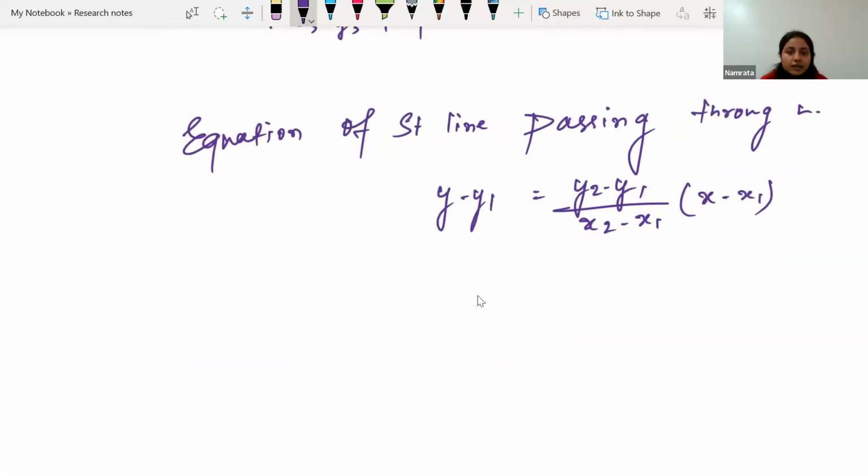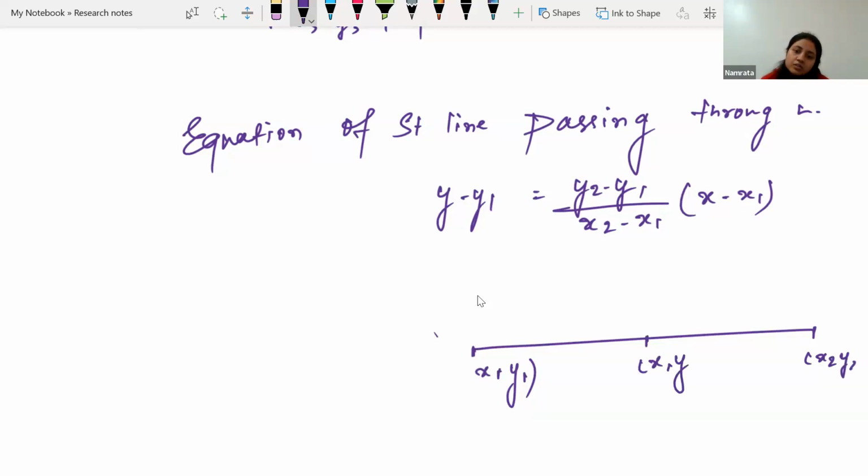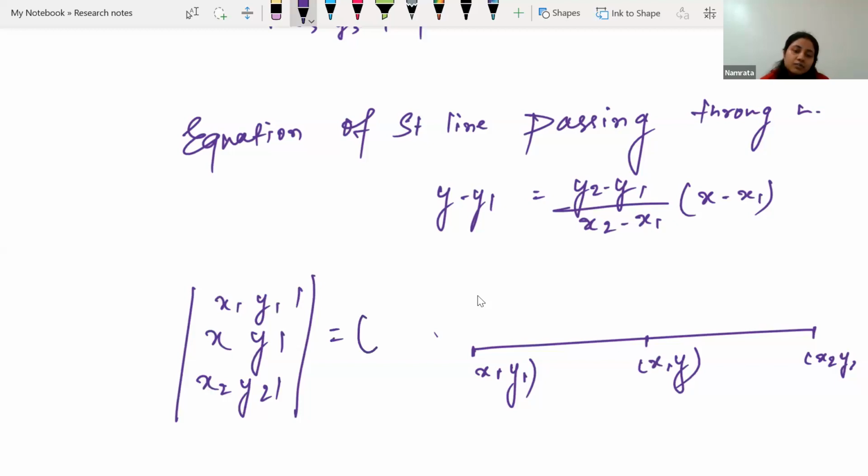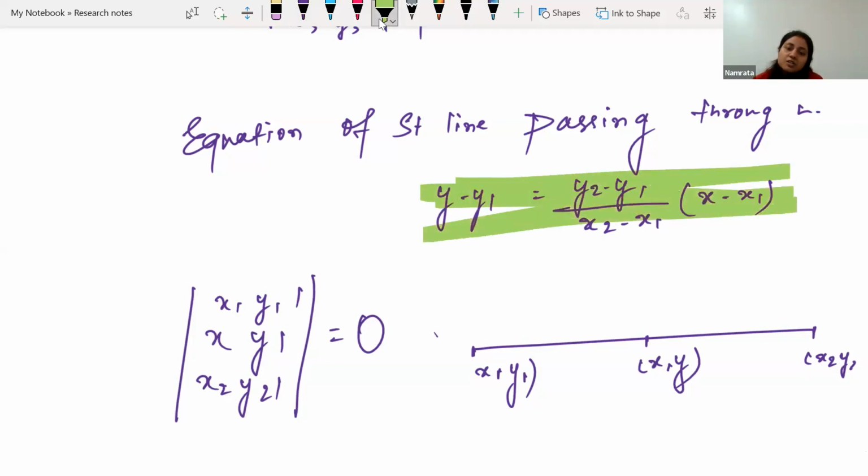Suppose we have a straight line, here we have x1 y1, here we have, let's say, x2 y2, and here we have x comma y. So again, all the 3 points are lying on the same straight line. In that case we can take the case of collinearity and write the determinant: x1 y1 1, x y 1, x2 y2 1, equals to 0. When we solve this, we will get an equation in terms of x and y, and that will be our equation of a straight line. The equation which we used to find by applying this process, same equation